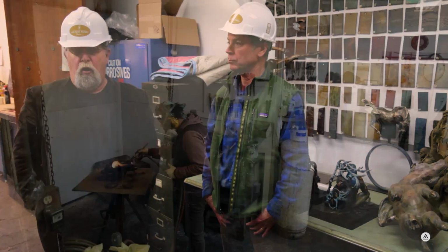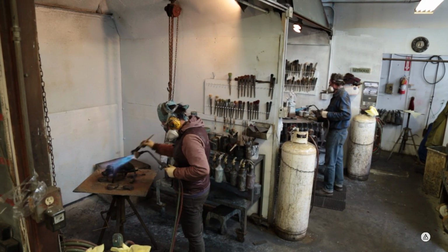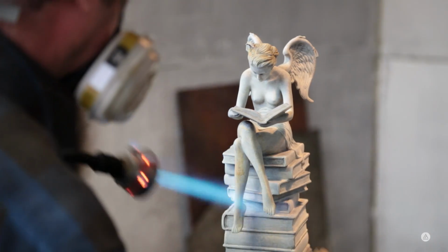Color helps make the piece. And when you bring the piece into here, the magic really happens through that torch. You see the process in its most direct form of heat transferring to imagery, and it's just a beautiful process to witness. And while the metal chasers and wax chasers and everyone here plays a pivotal role, the patineur is the one that gets the last credit, you know, and